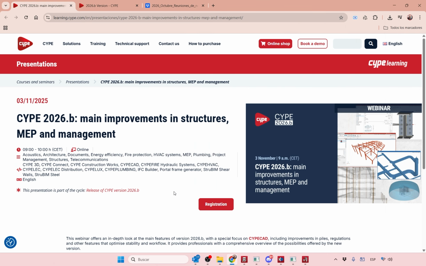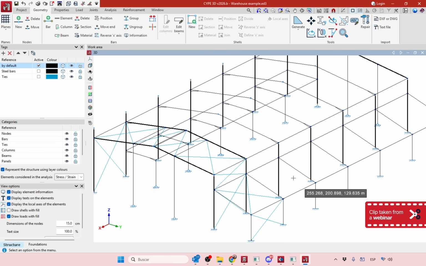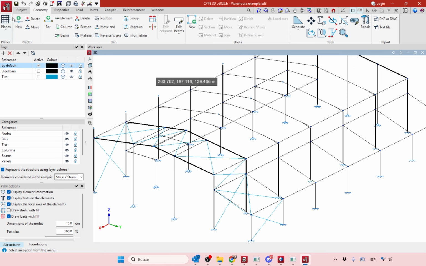on the new features of Cype 3D. Okay, there are a lot of small new features in Cype 3D in this version. I just opened one of the examples that we have here. Okay, yeah. The first thing that we can see here in the geometry tab is this new option here to